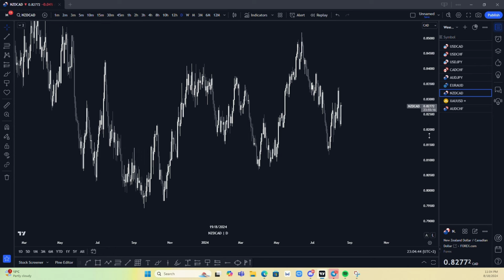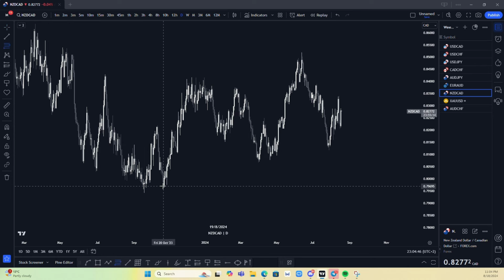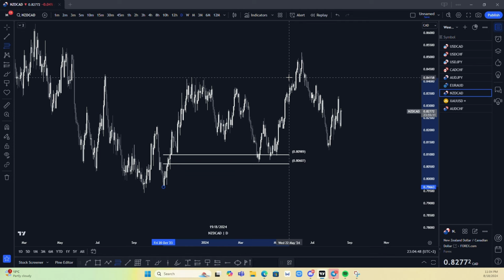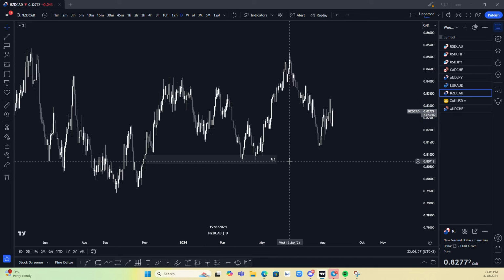Okay, so if you place our golden zone from this low to this high here, you can see that price mitigated our golden zone and is currently pushing to the upside. Okay, so this here is going to be our golden zone, right? So with that being said,